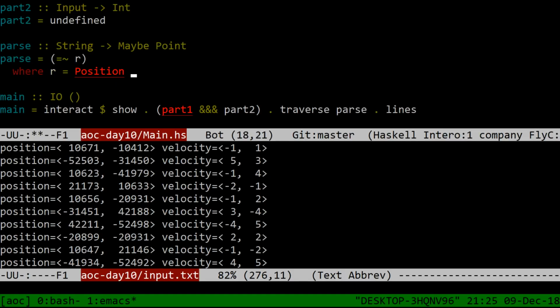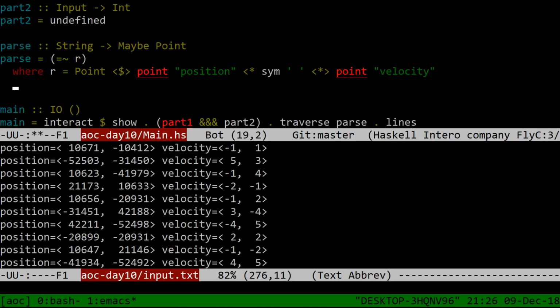Position, no, we call it point. Point of, or fmap mapped over, let's write a function called point position. Okay. Space, sim space. Point velocity. And we'll write this function here called point, takes a name,